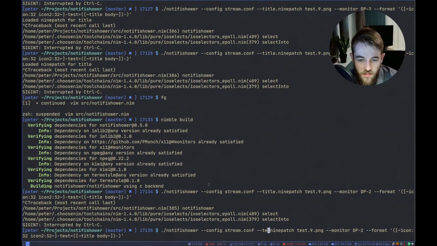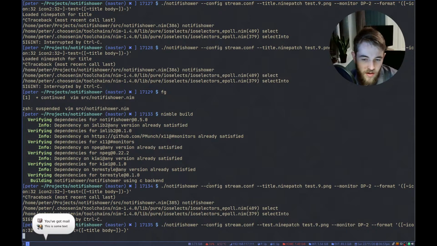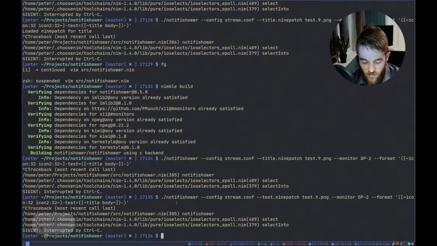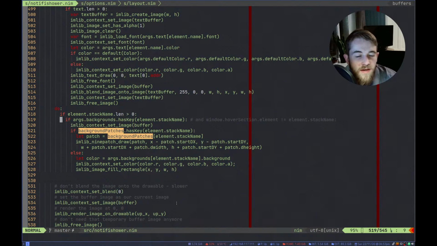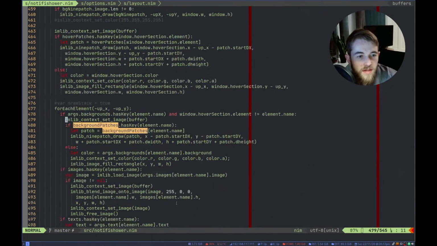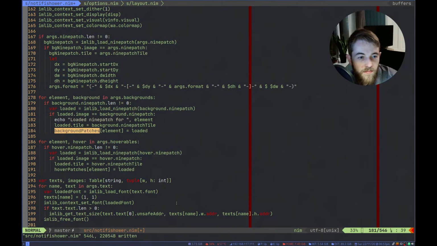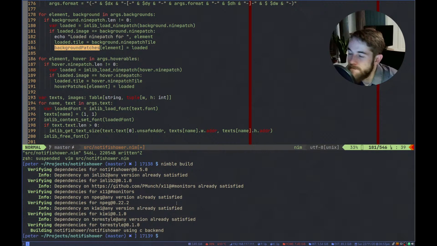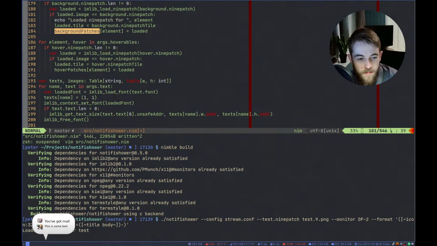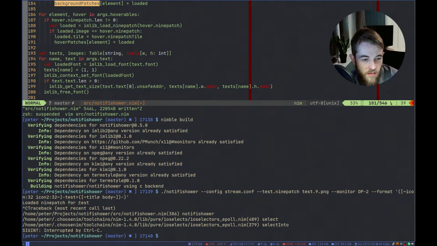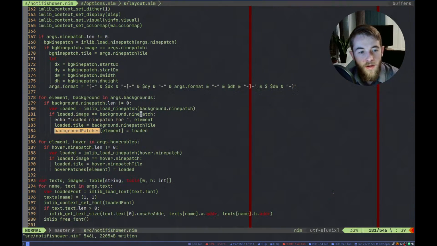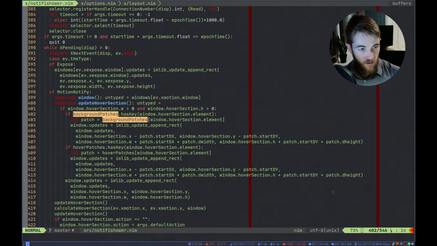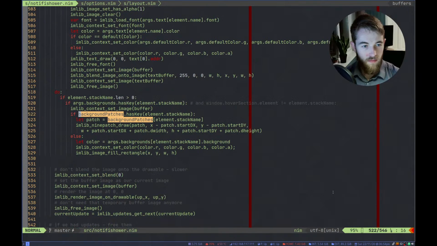Okay, so let's try now for test. That doesn't work. Okay. So at least I'm not completely insane. Actually, let's add back in that echo statement. Yeah, so it loaded 9 patch for test, which is good because that's what we called our stack. And we have given it a 9 patch now. Okay. Here.